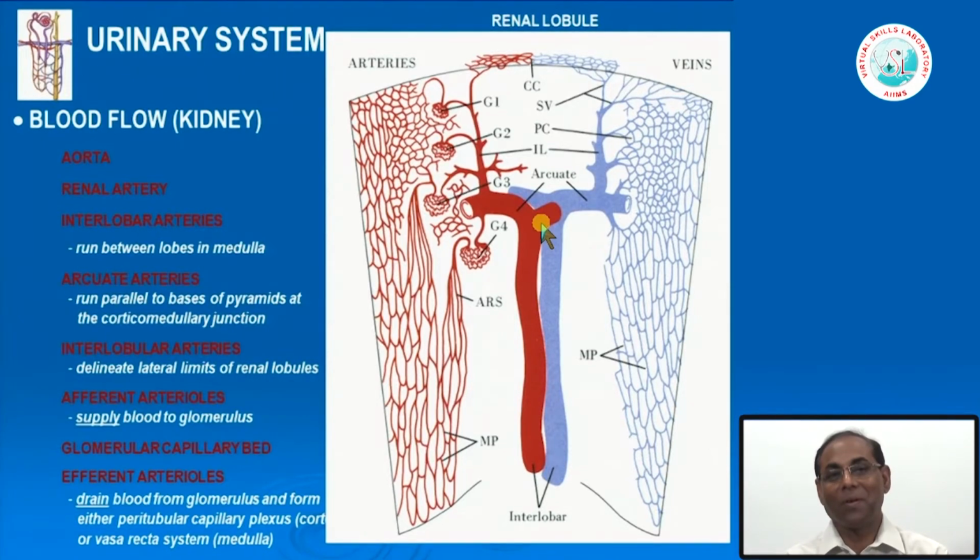But from the pathological point of view, you must know all sizes of arteries and vessels, because veins are also present in the kidney. Any collagen vascular disease, which we will be reading in other classes, or even cardiovascular disease, where a particular size of artery, like medium sized arteries, is mostly involved, the kidney may be involved because of that. Similarly, any collagen vascular disease which can involve the small arteries, arterioles and even capillaries can also affect the kidney because it's a highly vascular organ.